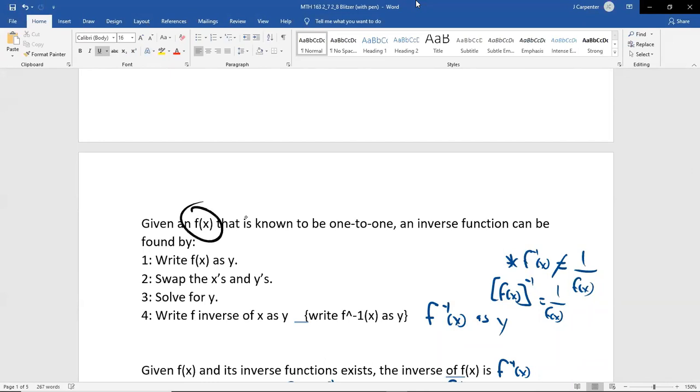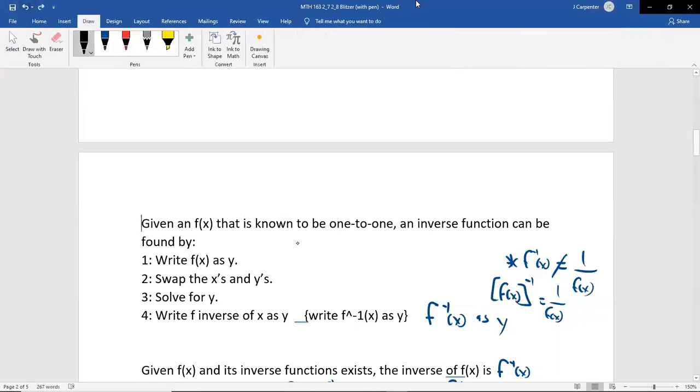this is when we just start with one function. So we only give you one function, and we know that it fits the parameters to be invertible. To be invertible means you can find an inverse. So those steps were change your f of x to a y, and that's just to make things a little simpler in the next couple steps. Then you swap the x's and y's, which means anywhere you saw an x, you rewrite it as y. Anywhere you saw a y, you rewrite it as x. Then you'll have a brand new equation that you'll solve for y. And then once you do that, you're basically done, but you have to use this notation, this f inverse of x, you have to replace it with y.